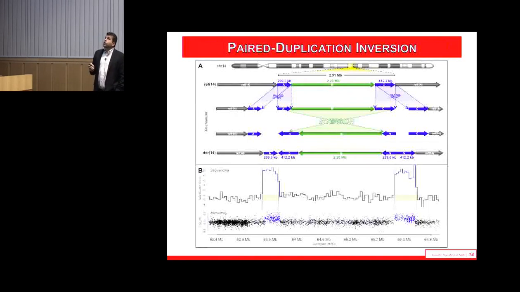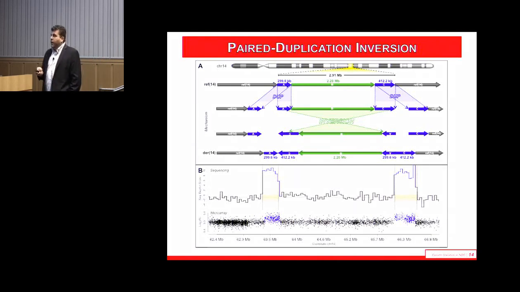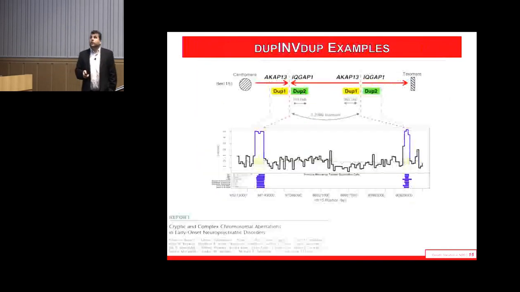But effectively, what you get is 2 duplications in proximity with an inversion in between them. So you end up with a head-to-tail duplication signature, a tail-to-tail duplication signature, and a large inversion. And you can see this is a microarray. You clearly got the 2 duplications, but what you obviously can't see is the inversion in the middle. We have gone back to a large number of microarrays and looked at them, and this signature actually pops up quite a bit in different samples, where you get 2 duplications in proximity to each other. Of course, they're just interpreted as benign duplications, and they can be small, they can be large, but what's missed is the fact that they're actually underlying a quite large inversion.